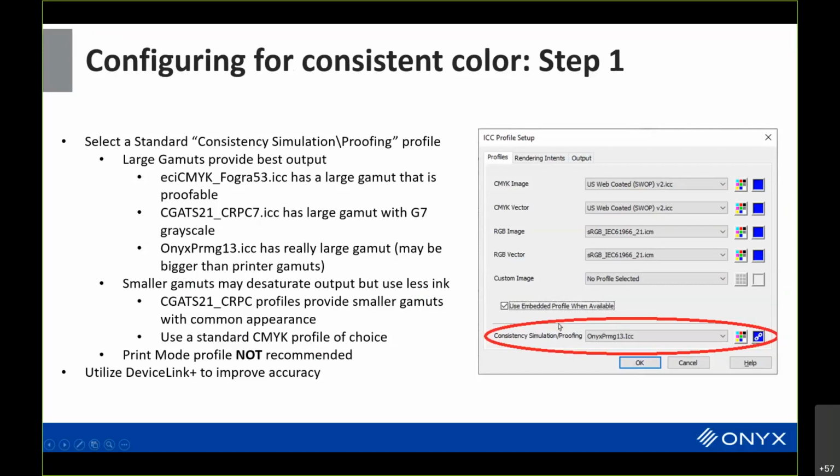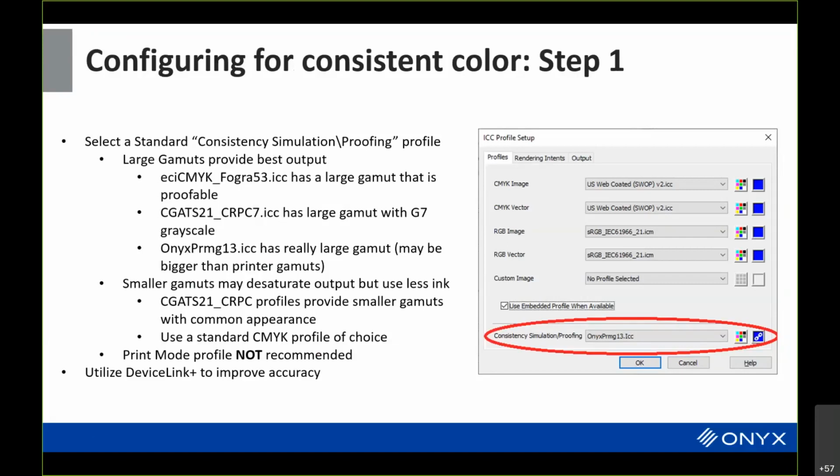So how is this configured? Well, we're going to be basically setting up a profile for the consistency simulation profile, okay? And we'll specify that. Now, if you really want to get some of the best output, the output that actually has the most saturated colors, using most of the gamut, if you have printers that have really big gamuts, then having a simulation profile that's really large ends up getting results that utilize the most of the printer without necessarily sacrificing gamut. And there's various large profiles that you can select from.